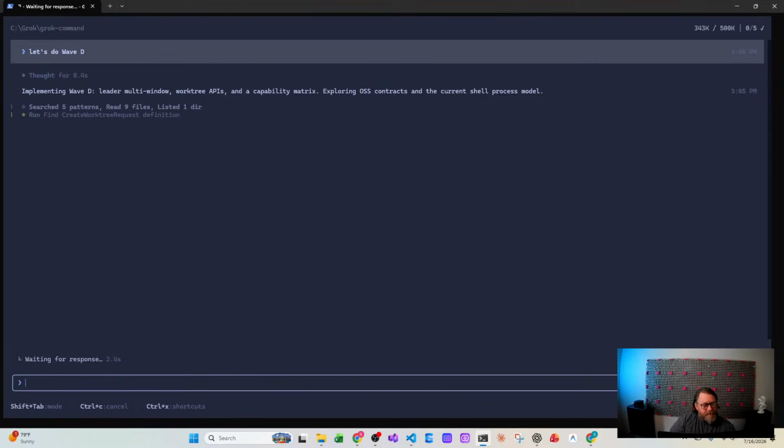Yeah, so we'll get this Wave D done, and then I'm going to fire up this Grok Command Center and show it to you guys. No one has seen it before. So you guys are getting a live preview of a new tool. Hopefully you guys don't steal my tool. Although I will end up publishing it and making it open source, as I like to do with all of my tools, because I believe in sharing